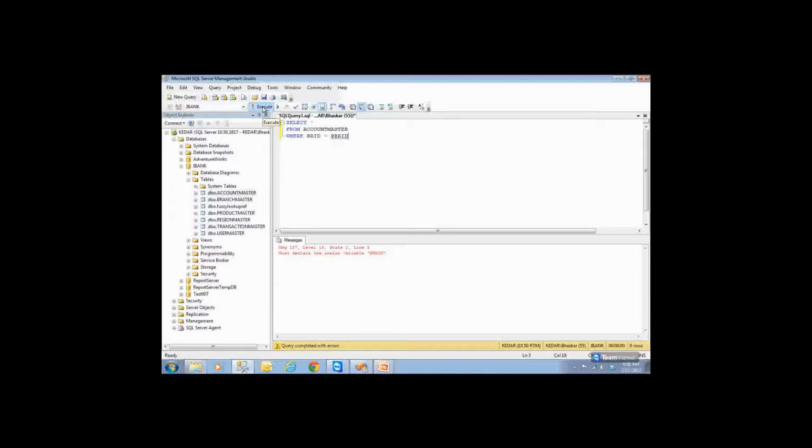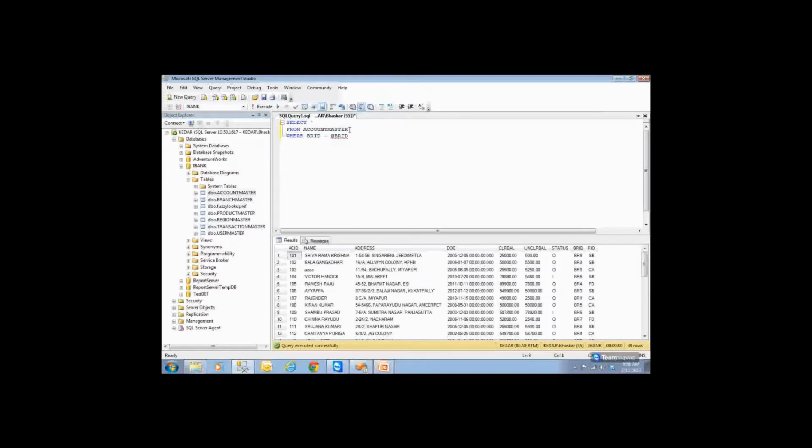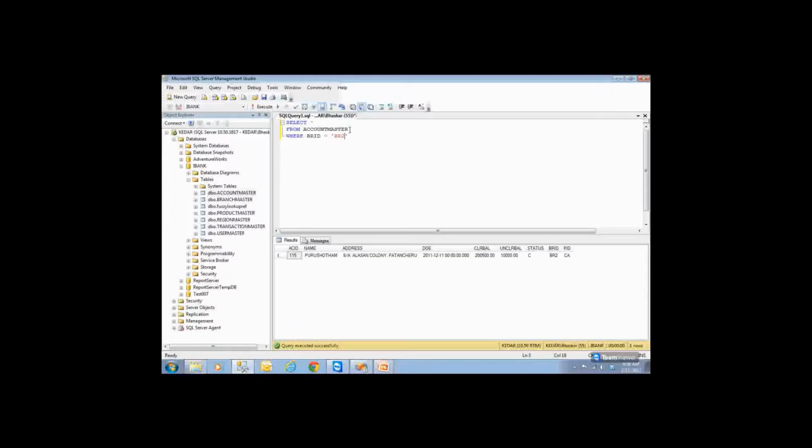So let us understand. Above lines should work perfectly. So these are working perfectly. And without BRID, if I give single quotes, if I give BR2 like that, this should also work perfectly. This is working perfectly. Now remove this and you give values. What is the value you need to provide here? You need to provide the @BRID symbol. Now this will not work here, but that is perfect for us.